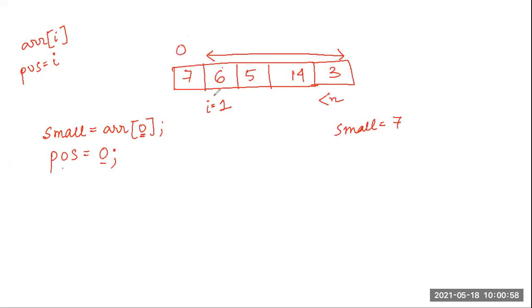But since I will have to compare one element now with all the other elements, the first element I am taking and saving in small, and then with this small I will compare each and every element. So for this checking purpose, my loop will start from this index position. First it will check with 6, then with 5, then with 14, then with 3 and so on. And up to this index location it will go. Is this concept clear?